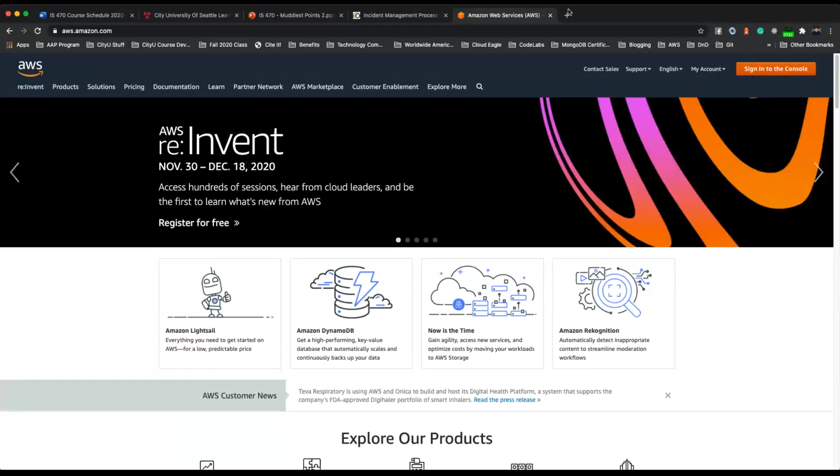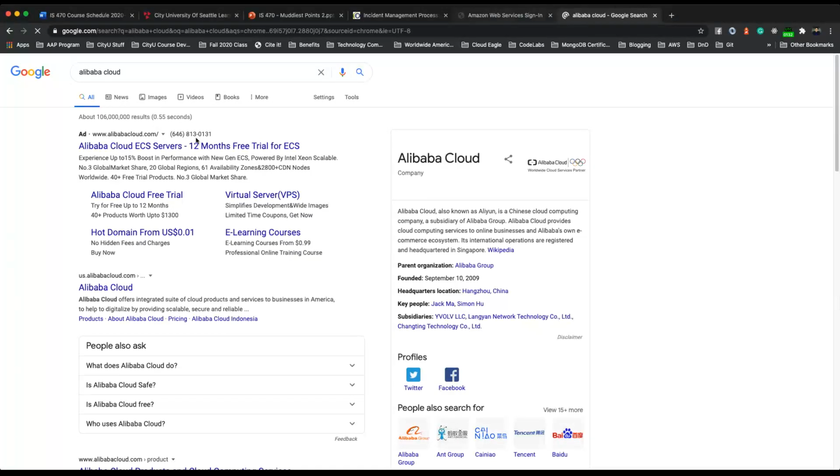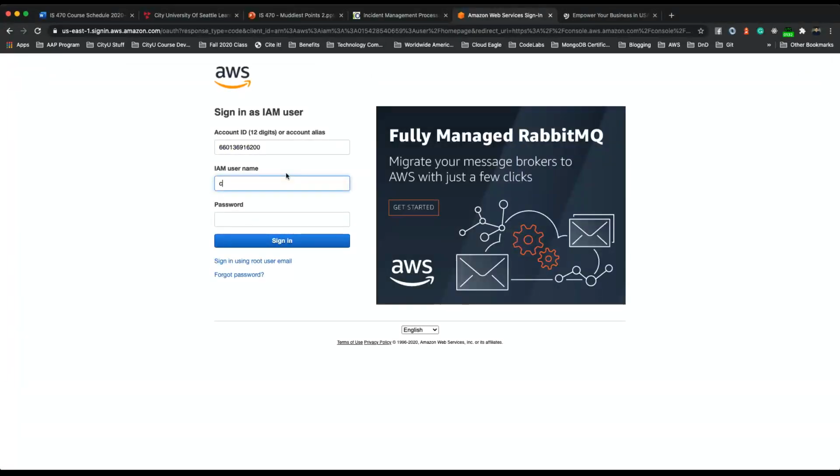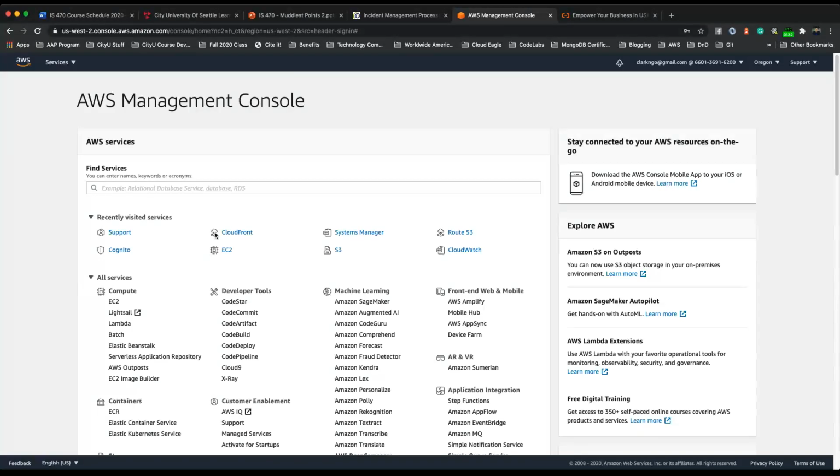Or let me check if we can also check out Alibaba Cloud. I don't have an account though. So what we'll do first is maybe check out AWS. So this is enabling IT services through the cloud.